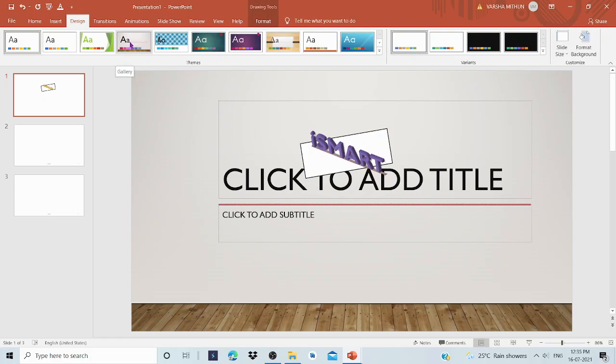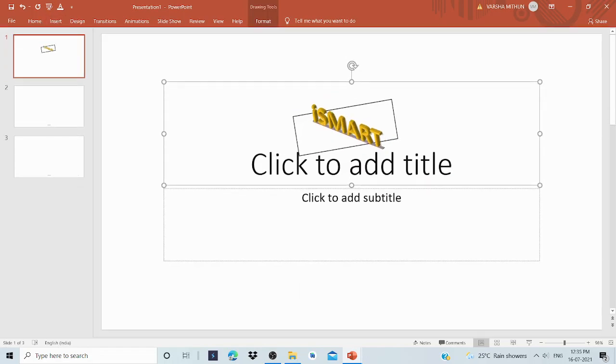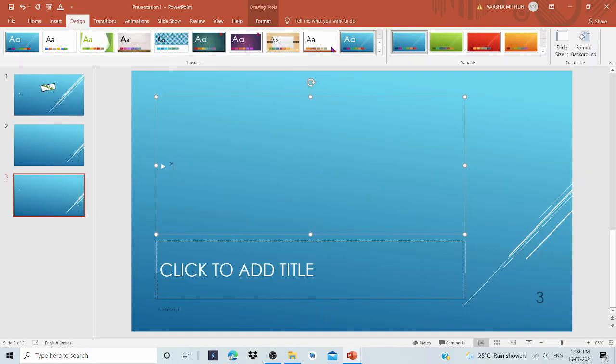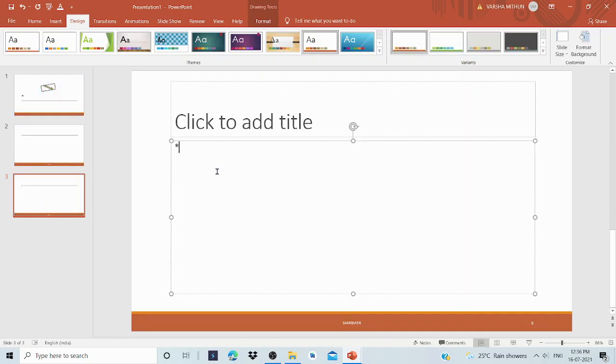Then one more thing, when we are taking online classes and creating PPTs, always select this kind of plain presentation, and do not opt for dark backgrounds like this. Always opt for this type of light background.